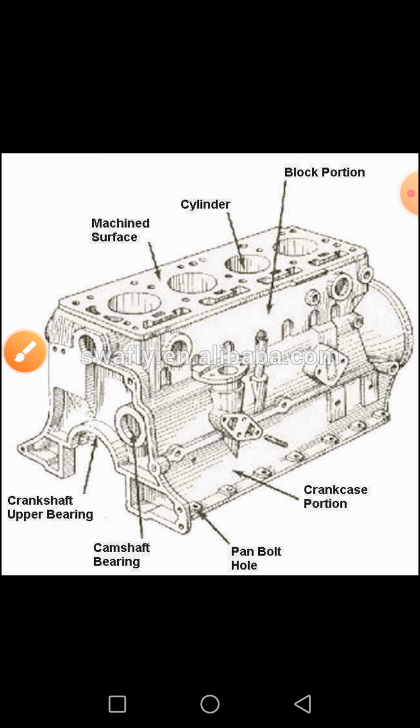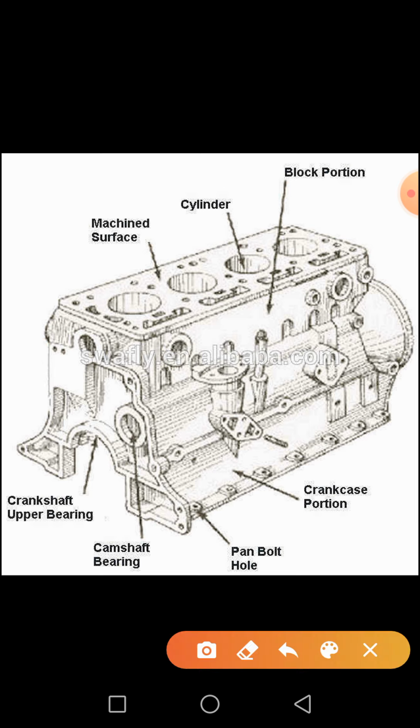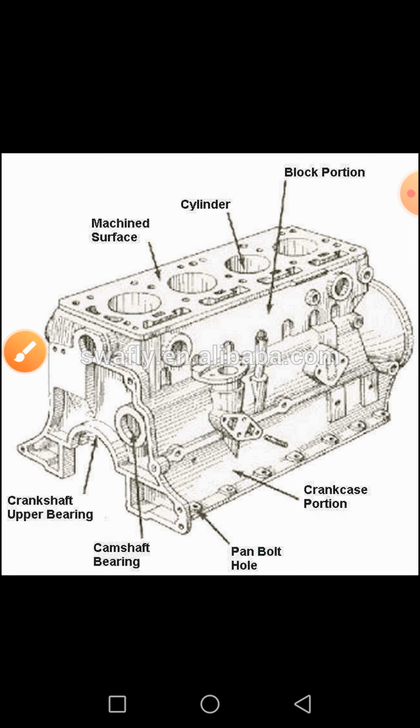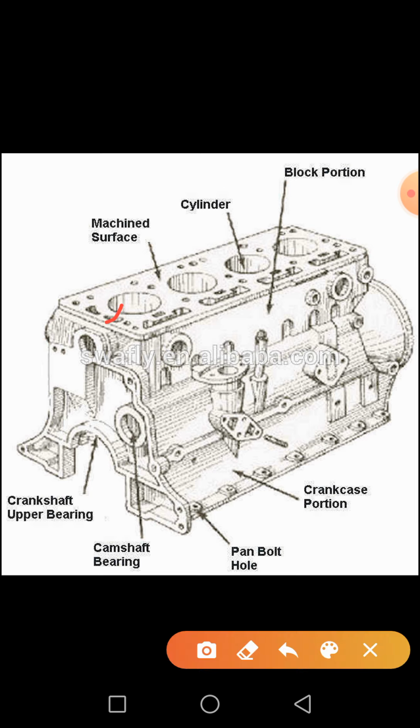Now in water cooled engines, you can see in the figure some holes are provided in the cylinder block. In water cooled engines, there are passages around the cylinders for the circulation of coolant. You can see these bigger holes are water passage holes. In case of air cooled engine, cooling fins are provided in the cylinder block. In the previous year, you have already studied the cooling system and you know air cooling system and water cooling system.